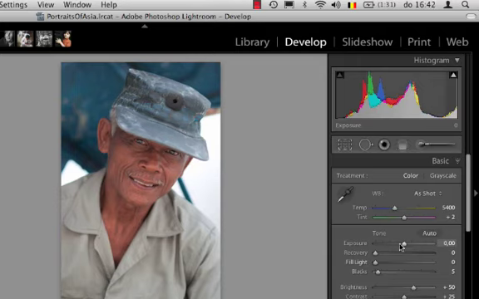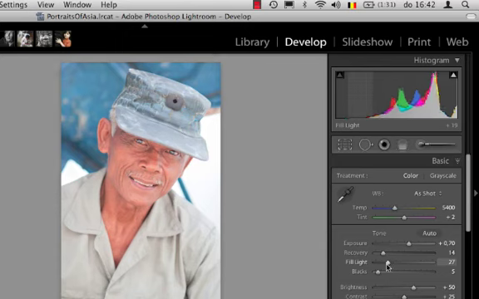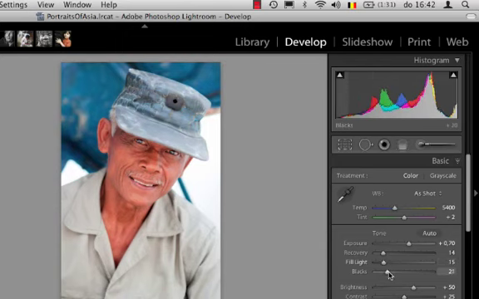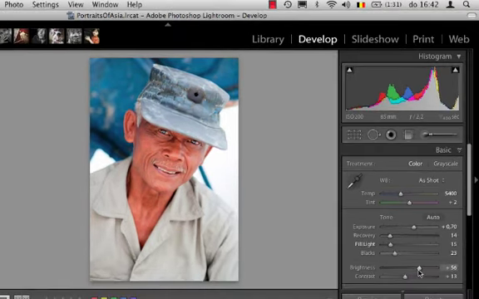There's another one. Let's say I have moved all the sliders: fill light, blacks, exposure, contrast, and brightness. I have moved them all away from their default value and I'm not happy with the result, and I want to restore the whole area here, the whole tone area, to its default value. I could of course, with what I know from the last minute, double click on all of the sliders, but